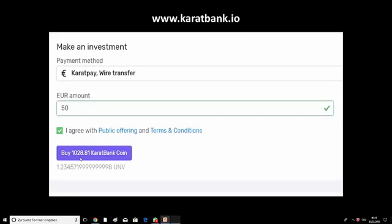Okay, that's a fantastic price, of course, already, but it's even better, because you are getting much more because you're paying with KaratPay. Now, if you put in 50 euros here, below you see how many you get for it, but here you see how much you need to pay in Uniful. So whatever figure you put in here, which is covered by your KaratPay account, you can change the figure here, and then you will see the Uniful going up, and then you can just pay the amount of Uniful you like. So just imagine you only pay for these 1028 KaratBank coins or tokens,